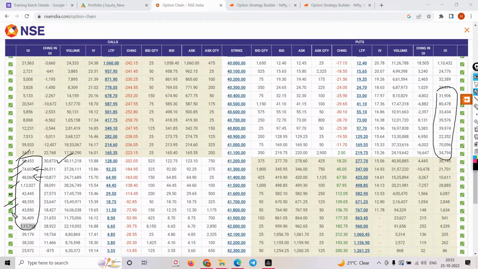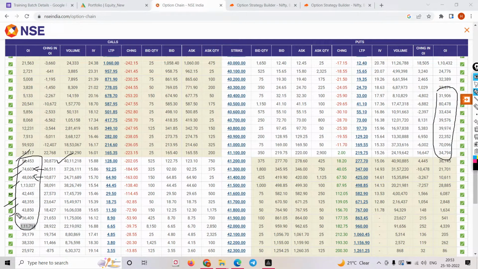Whenever you see the option chain, you have to see it as an option seller. For now, try to digest it. You have to see it as an option seller, not as an option buyer. Do you see option buyers holding their positions? Majority of option buying is done intraday. They do not hold the position.